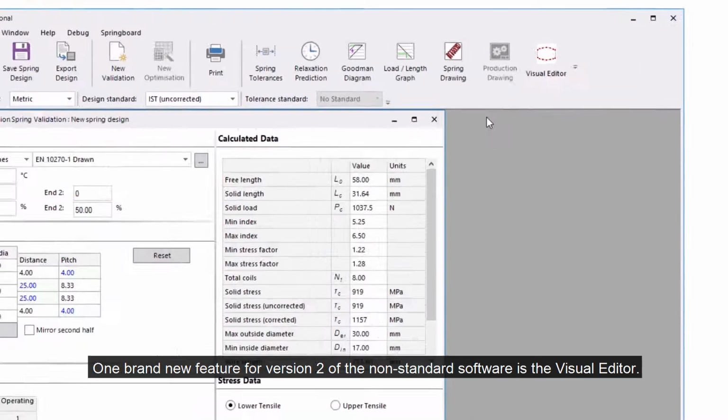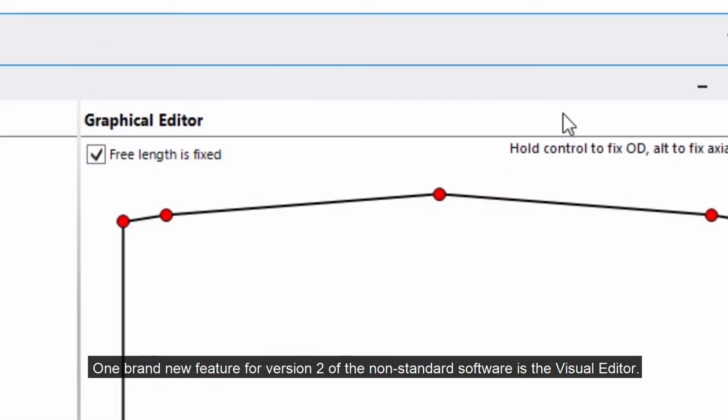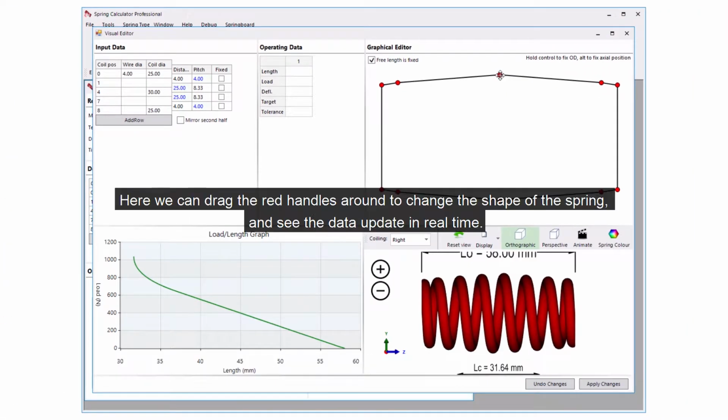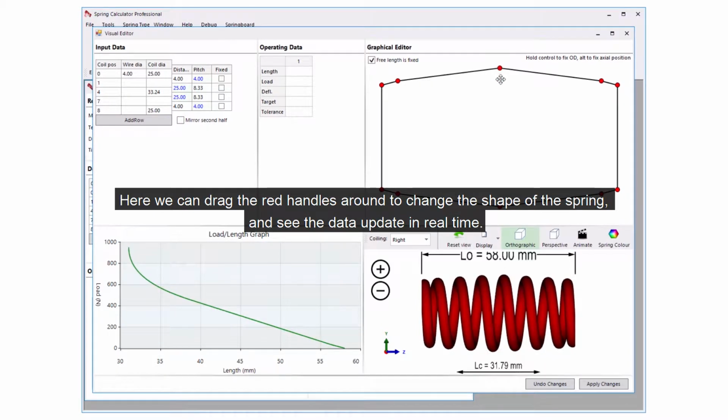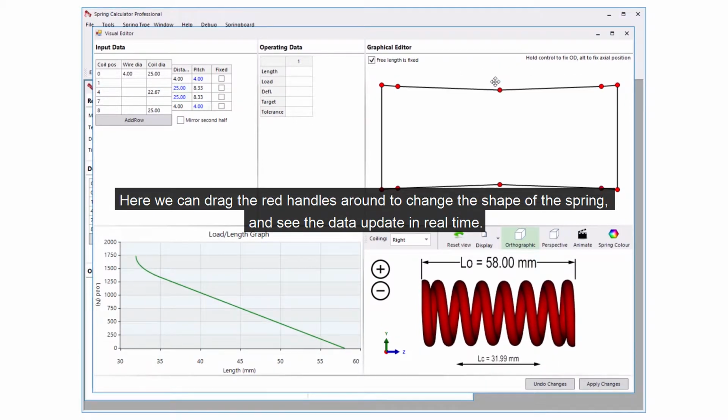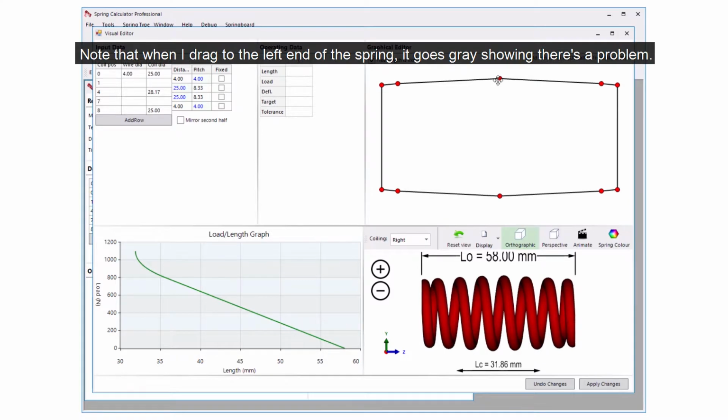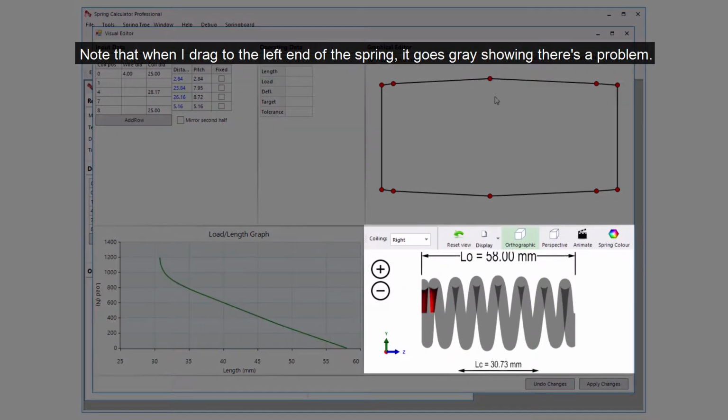One brand new feature for version 2 of the non-standard software is the visual editor. Here we can drag the red handles around to change the shape of the spring and see the data update in real time. Note that when I drag to the left end of the spring it goes grey, showing there's